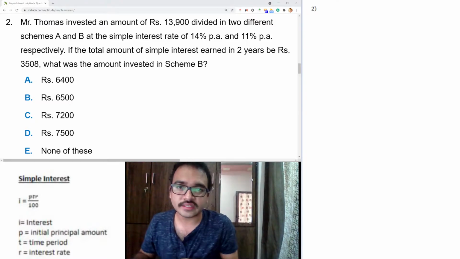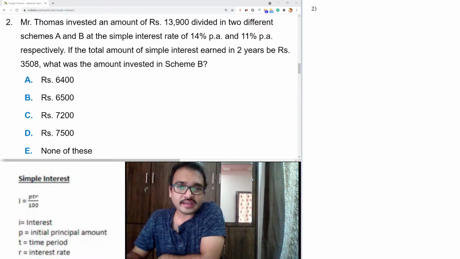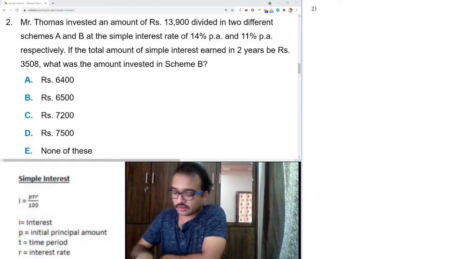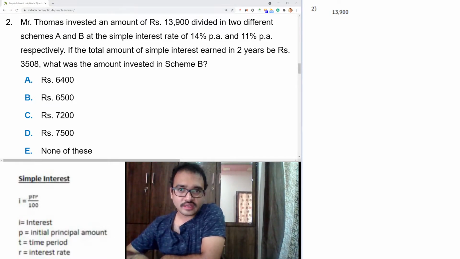Let's see problem number 2. Mr. Thomas invested an amount of 13,900 divided into two different schemes, A and B. Thomas has the money 13,900. He invested in two schemes, A and B, at the simple interest rate of 14% per annum and 11% per annum. Interest rate is 14% and 11%. If the total amount of simple interest earned in 2 years, time period is 2 years for both,